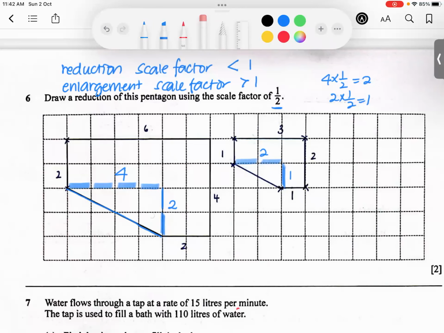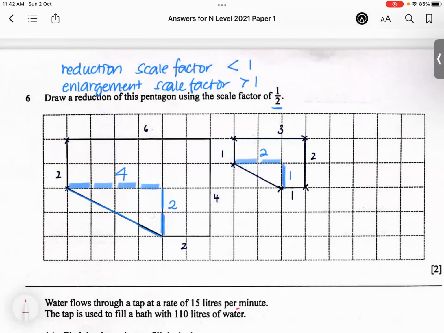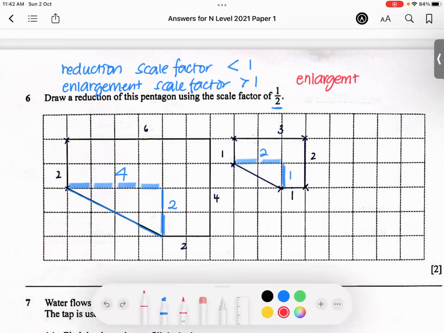However, sometimes the questions can give you a trick in terms of the phrasing. They can also have an enlargement, scale factor half, for example. This kind of question is actually a trick question because all types of diagrams